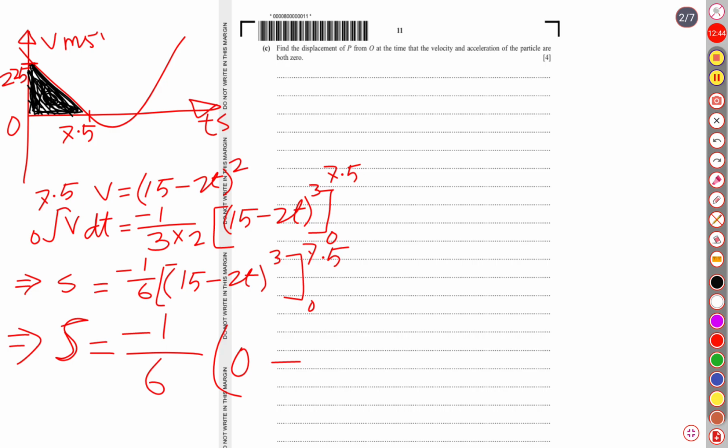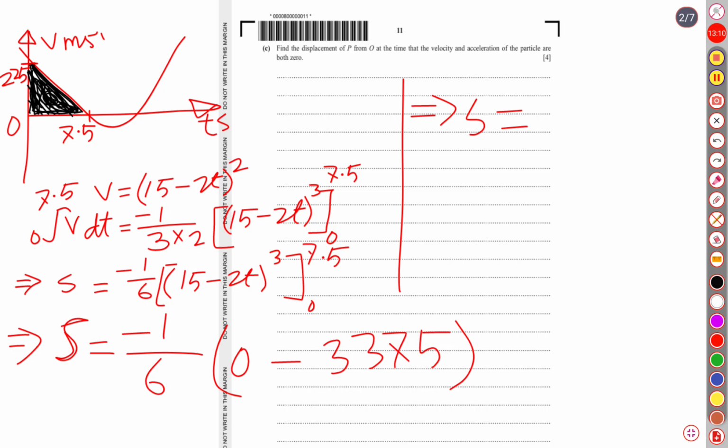Then minus, if t is equal to 0, the lower limit, then it is 15 minus 0, which means 15, so it is 15 cubed, which is actually 3375. Now if we simplify more, s is equal to, negative negative becomes positive, so it is 3375